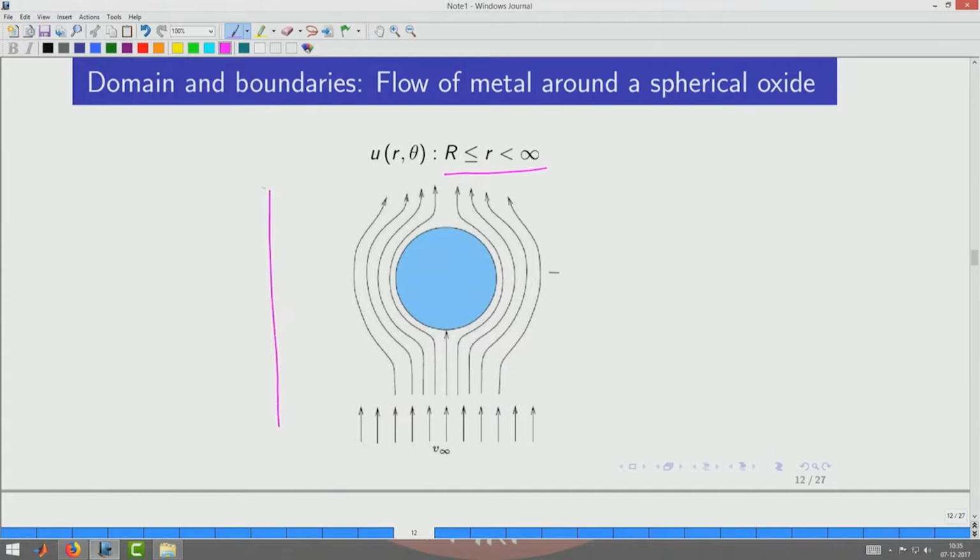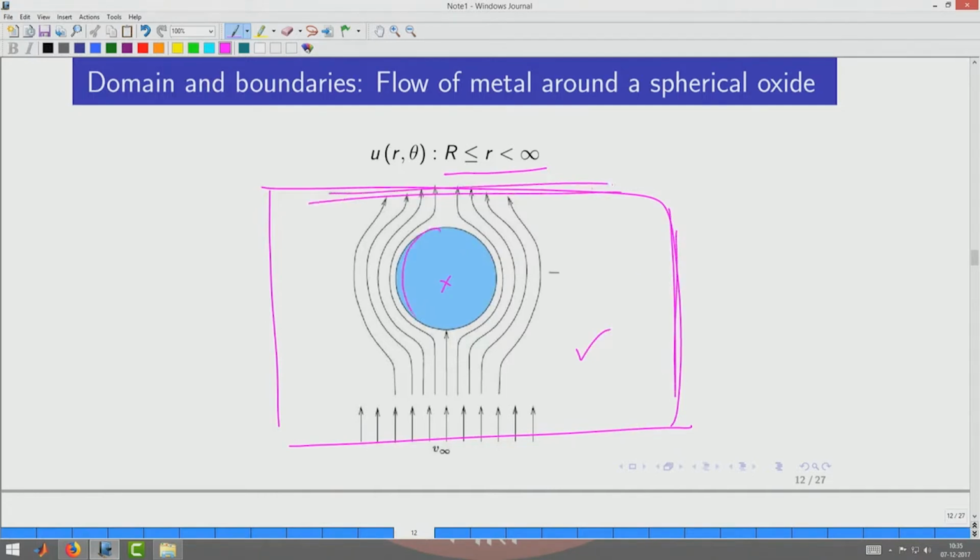So, you could think of the domain as very large, and this is our domain, and this is not part of our domain. So, what are our boundaries? The boundaries are basically the infinite distance and also the surface of the spherical oxide. So, that is our domain. This is all our domain, okay, and this is not our domain. Like this you could choose the domain